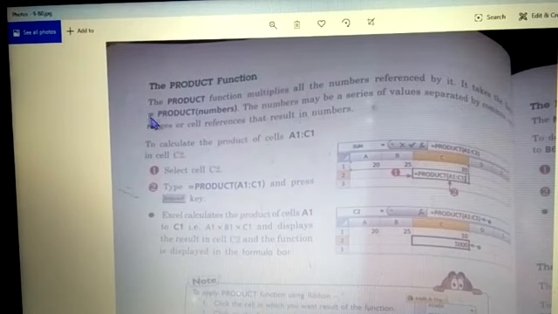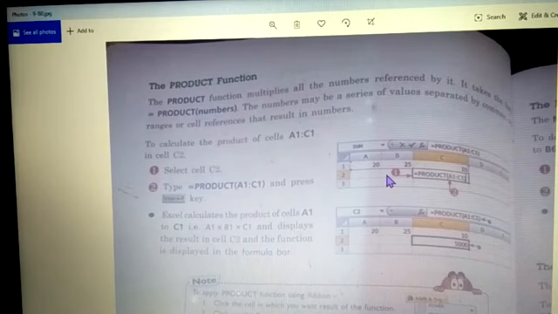Equal to product, then inside the numbers. The numbers may be a series of values separated by commas, or ranges or cell references that result in numbers.